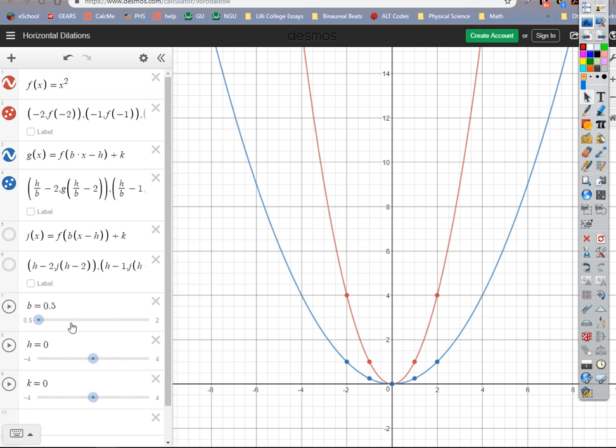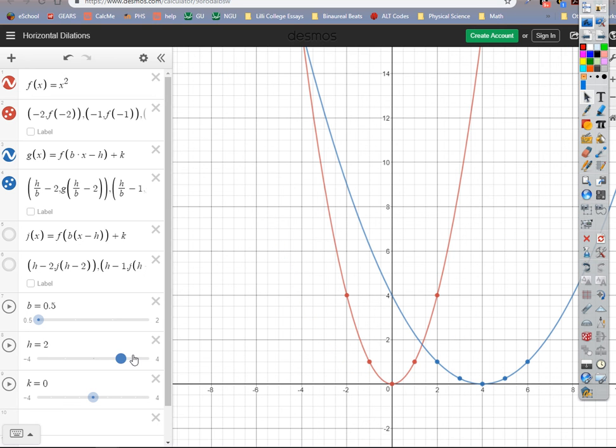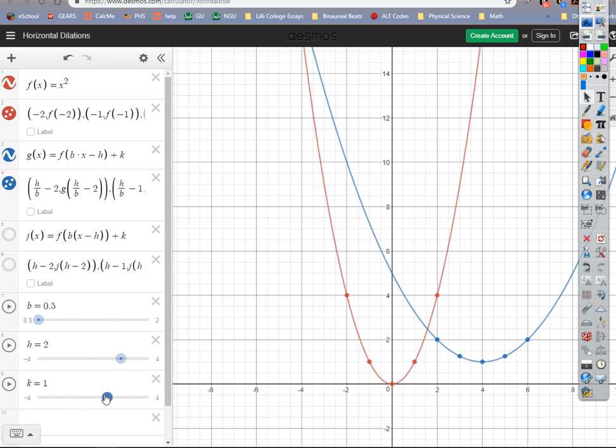But now watch what happens if I make H positive 2, for example. So we're subtracting positive 2. Does it scoot to the right by 2? Oh, it didn't. It scooted by 4. It didn't scoot by 2. So you're not allowed to do that. What you have to do in those situations